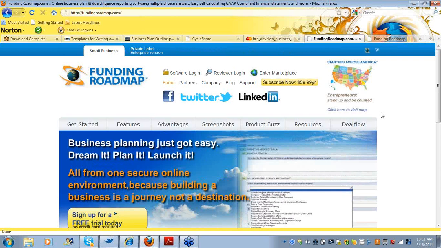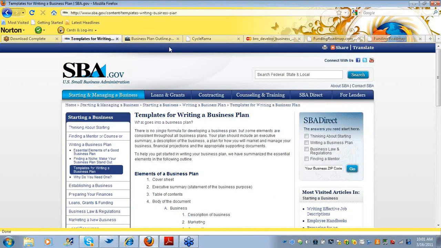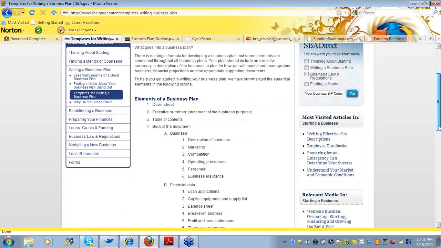We actually built the Funding Roadmap to replace the templates that are promoted by the SBA, by the SBDCs. I'm sure you're all familiar with these, but I'm going to go over it just briefly so that we're all on the same page about what it is that we're trying to show you.